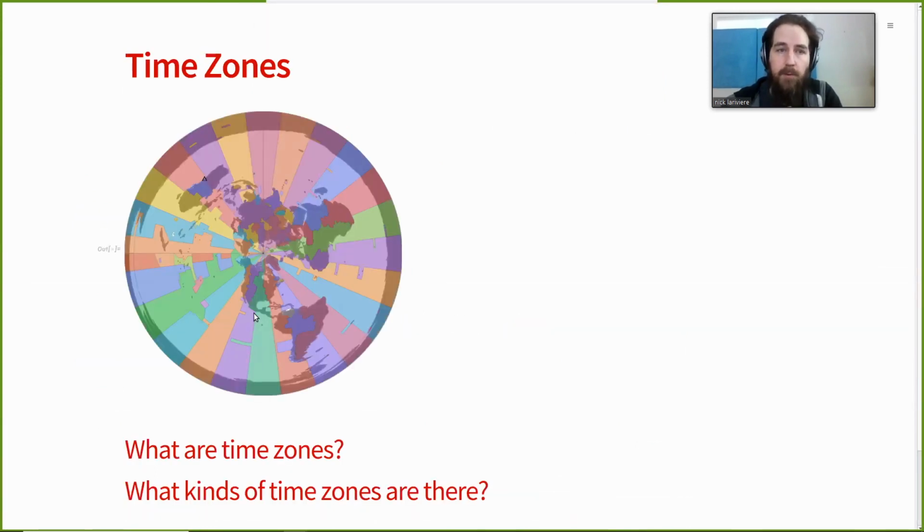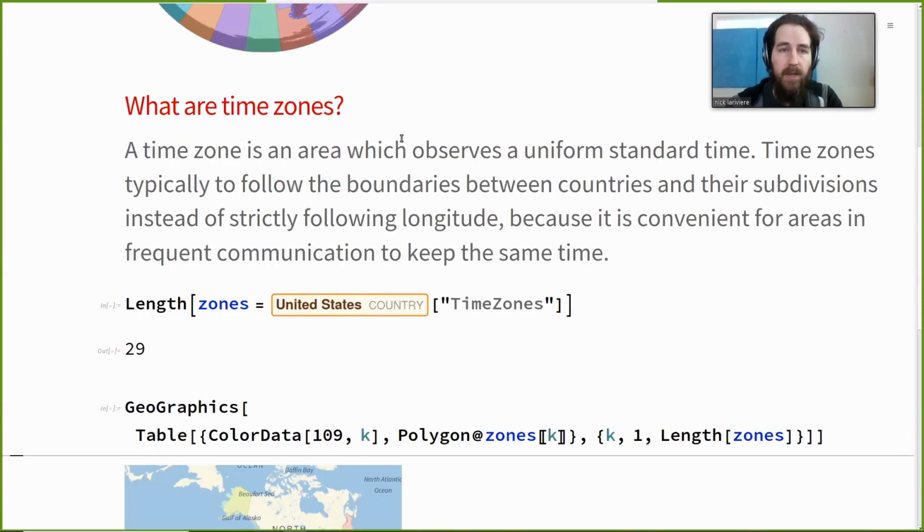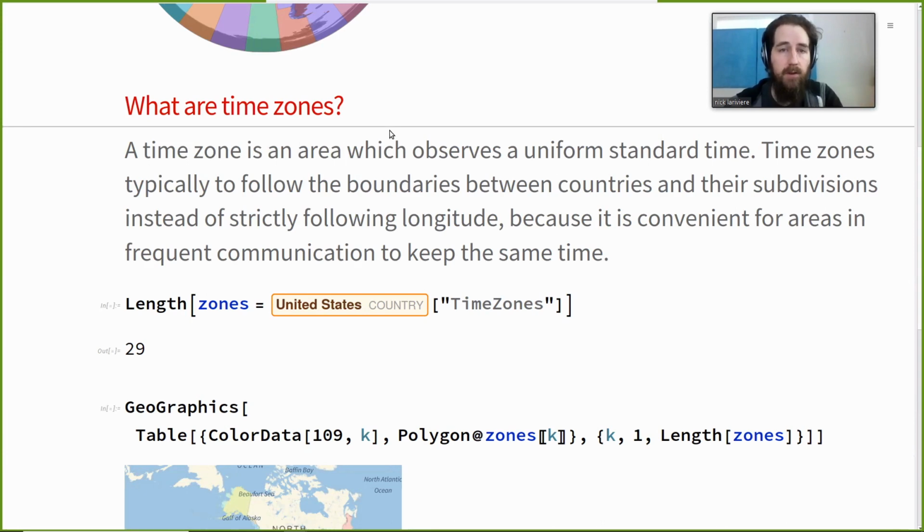So the next big can of worms with dates is time zones. We say, what time is it? It depends where you are in the world. What are time zones? Time zones are basically designated areas that observe uniform standard time. So they are generally defined by boundaries between countries or within administrative regions or subdivisions of a given country, rather than strictly following